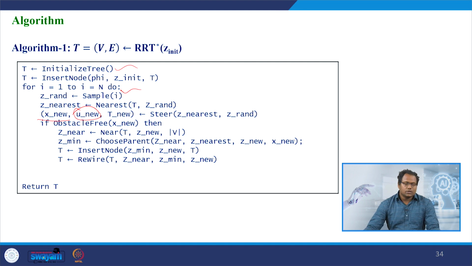And based on the obstacle checking, we can continue this process, and in the process we need to have the neighborhood to be chosen in such a way that for the random node we are approaching, and once the